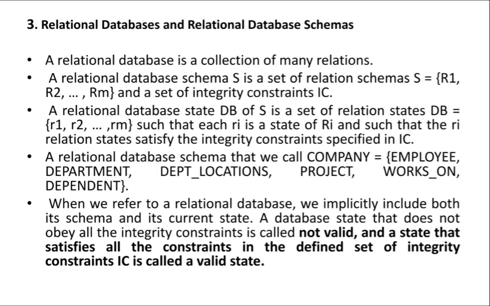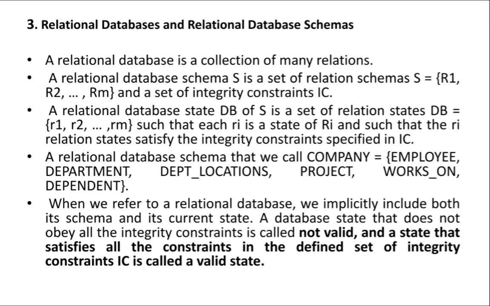Next, relational database schemas. I'm not going to drag this. See here, relational database means what? It is a database that presents the data in the form of tables. Tables are relations. I can call that a table or a relation, one and the same, right? For every relational database, I can have an integrity constraint. IC means integrity constraint. For example, consider the company relational database. There we have an employee table, department location table, project table, works on table, and dependent table.